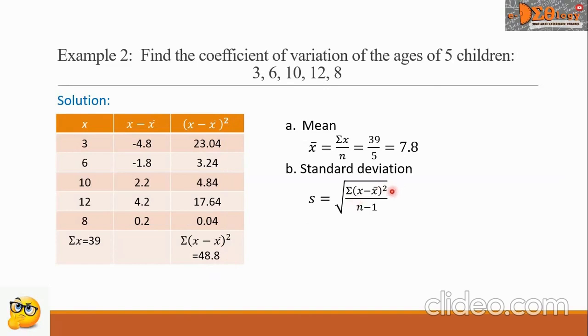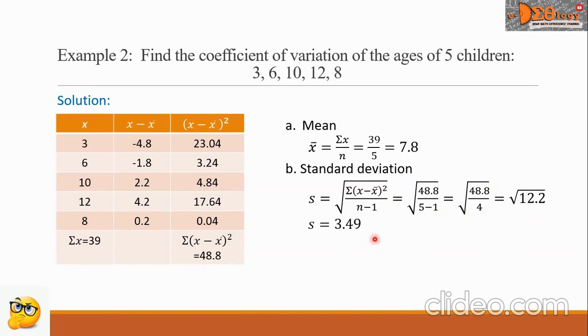Substituting the values, we have now the square root of 48.8 over the n minus 1, which is 5 minus 1. The 5 minus 1 is 4, and we get the quotient of this fraction. We have now 12.2. So the square root of 12.2 is the standard deviation, which is equal to